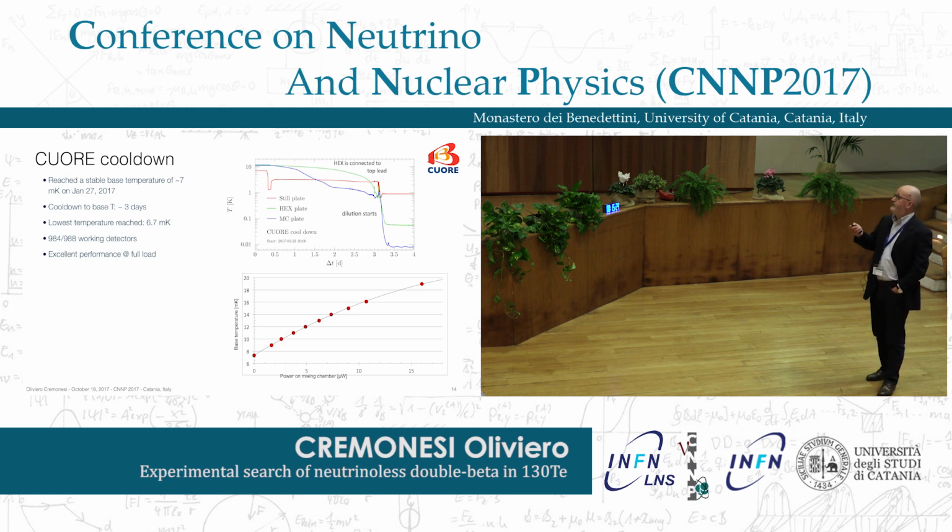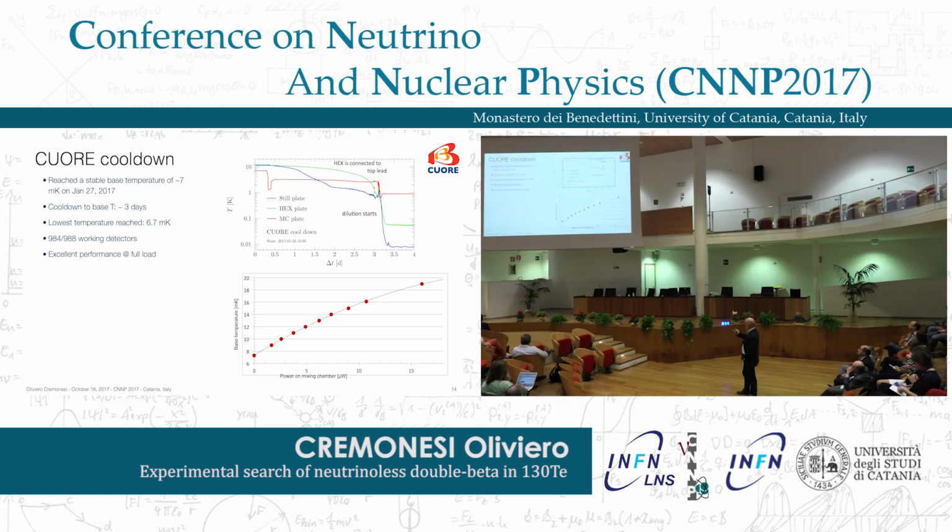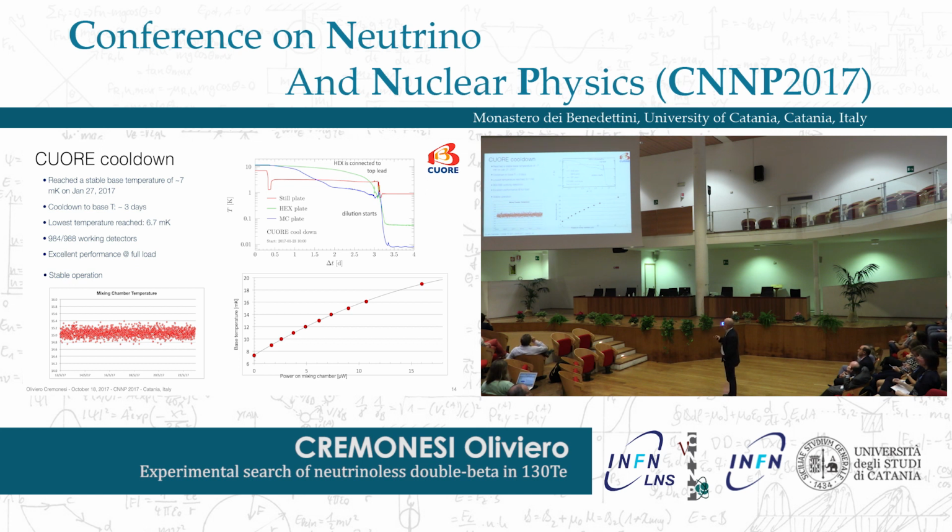This is the last phase of the cool down. This is technical, so I do not want to discuss it, just to show that we went from 10 Kelvin to base temperature, less than 10 mK, in about 3 days. This is thanks to the powerful dilution refrigerator, which was designed by Leiden Cryogenics and demonstrated to be more performing than expected. The system is also very stable, more stable than previous cryostats. This is a 10-day period and the stability is less than a fraction of a degree.